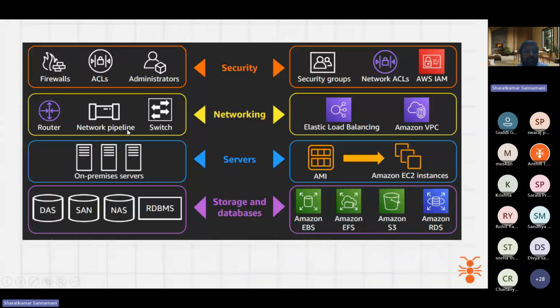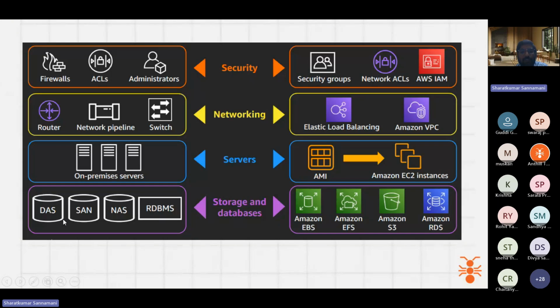They have cables across the world, in the sea or on the road. They have connections, they have switches. And they have servers or buildings like on-premises servers, or they have databases. Storage is what we call RDBMS, relational database service. We'll see what a relational database service is.